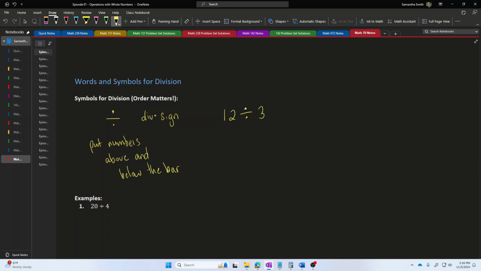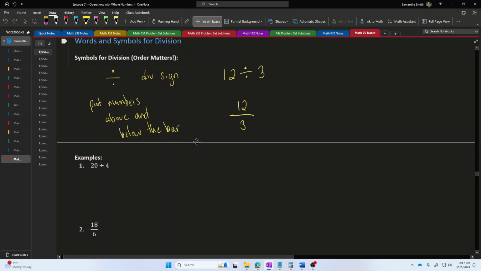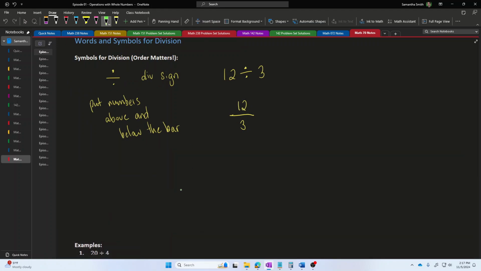So, for example, I could also write 12 at the top and then a bar and then underneath that 3. And this would also communicate 12 divided by 3, a pile of 12 that's been divided into 3 equally sized smaller piles. Now, one final notation that you might see used, especially if you're looking at typed math, is just a slash. So, for example, if I write 12/3, that is also a way to communicate divide 12 by 3.